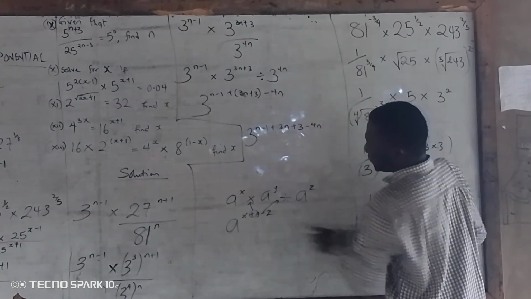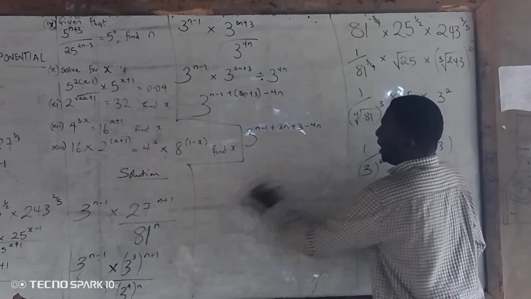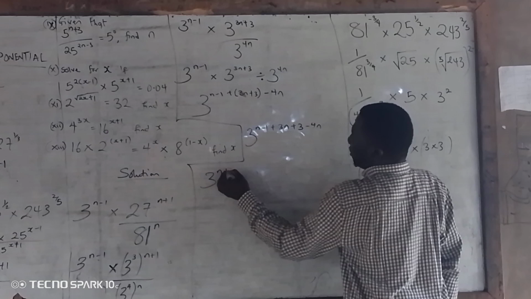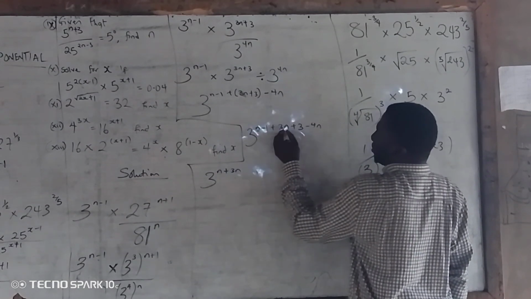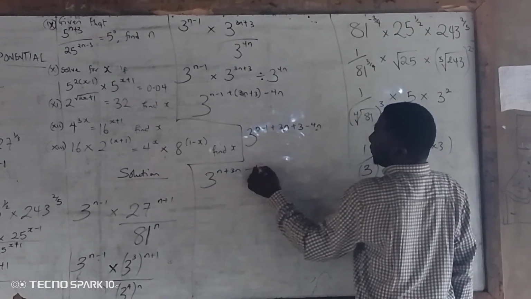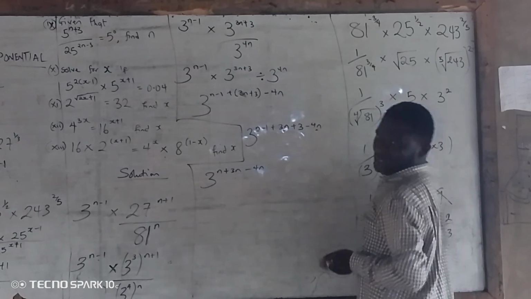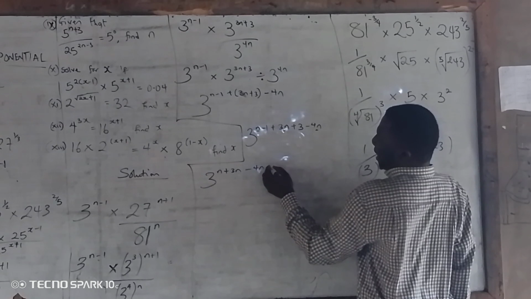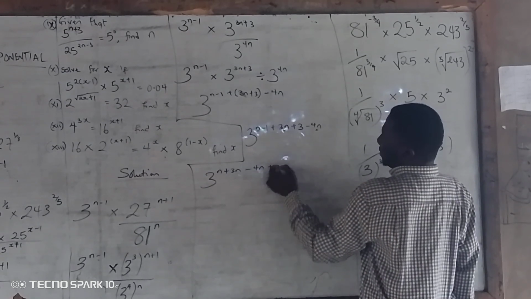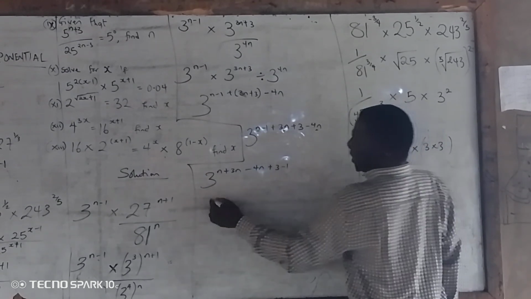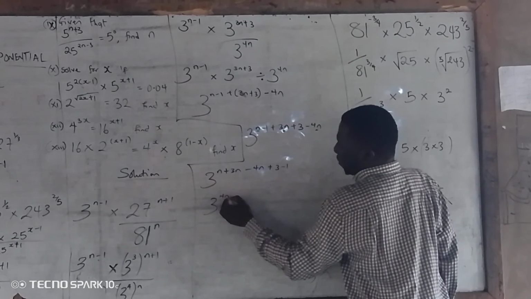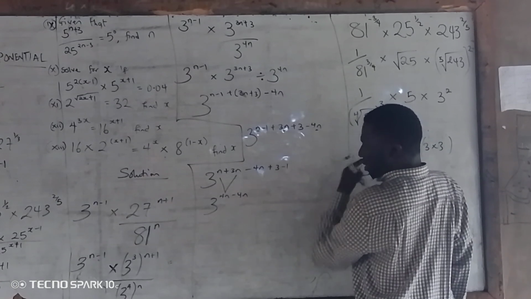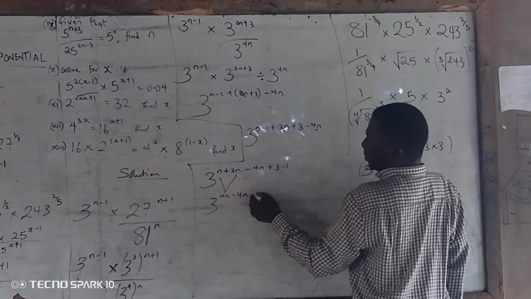Alright, so let's bring the n's together. That's n plus 3n, I'm bringing the n terms together, minus 4n. The sign didn't change because it's not an equation. So I brought the n's together. I have ordinary numbers now, plus 3 and minus 1. So that's 2. n plus 3n gives you the 4n, so minus 4n. 3 minus